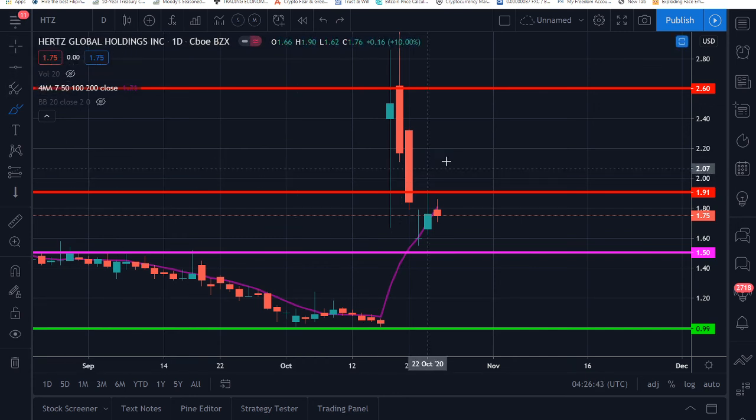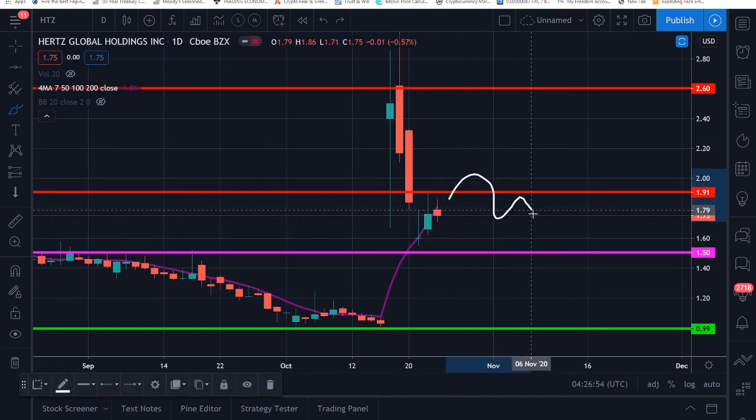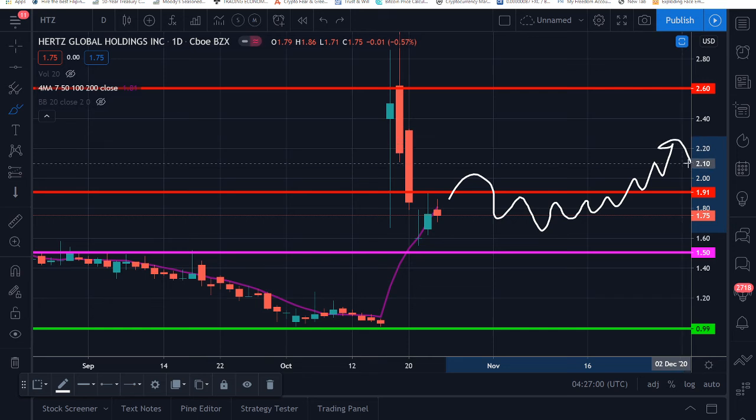It may go up to about $2, but I would expect to see some sort of resistance there and potentially retrace even as low as $1.50. It doesn't have to get that extreme, but I would expect to see some sort of resistance at $2 if it makes it that high. And yeah, that's basically what I'm seeing here. I could be totally wrong about that, but that's as far as what I can see on the daily,